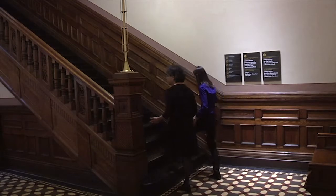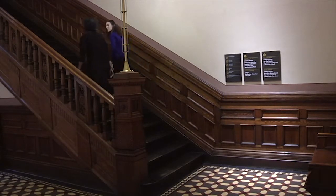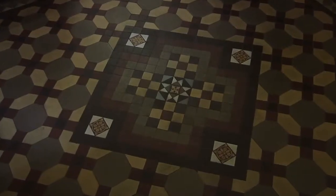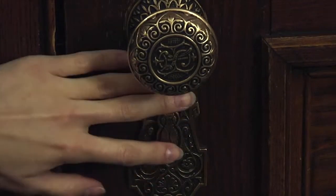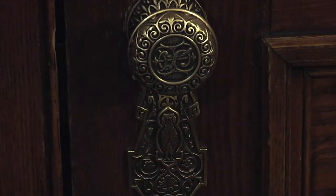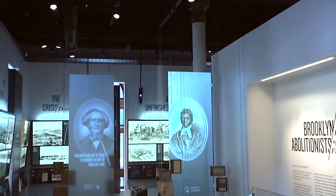The interior of the building has a number of areas, including the tile lobby, the stairwell, and the library that are interior landmarks. The tile lobby famously has Minton tiles, which come from England. Another wonderful feature that Post put into the building are the doorknobs. They're very ornate. And then the keyhole has a little owl that swings back and forth that allows you to put your key in. Surrounded by the ornate architecture is an interactive exhibit about abolitionists in Brooklyn,